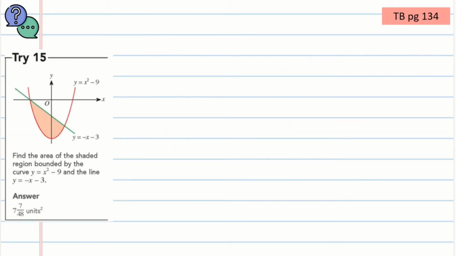We will now take a look at Try 15 that's found in your textbook page 134, where we want to find the area of this shaded region. The strategy that we will be employing over here to find the area would be to look at the area under the curve, from this point here up to this intersection point only. Alright, so we will be looking at this part,